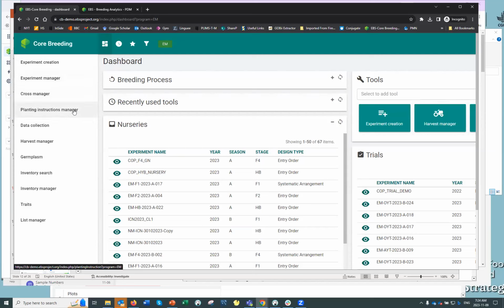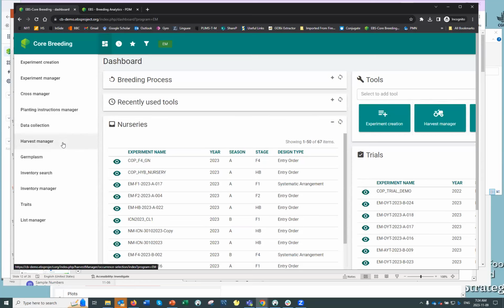There's a tool for planting instructions that helps users to set up their planting jobs and to make substitutions for entries, for example, if insufficient inventory is available. There's a specialized tool for enabling users to make crosses within the system, as well as a tool to facilitate data capture and the upload of data to the EBS.